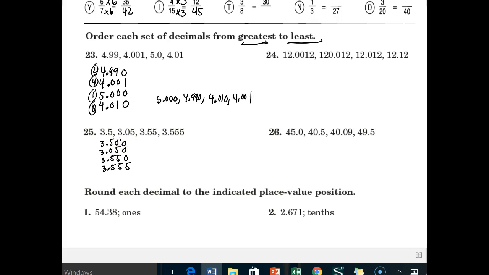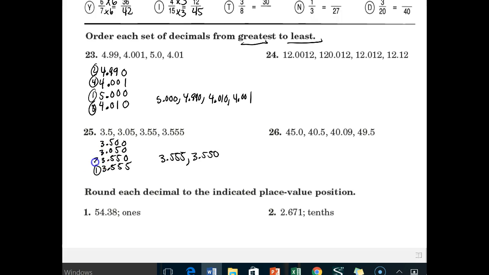So again, they want greatest to least, so they're all 3s, good. So then I look down here, nothing but 5s except that one, so that one's out, so ignore that one. Here we have 0s and 5s, so that one's out, so it's down to between these two, this one and this one, and this one is 0 versus a 5, so 3.55. The 5 in the thousands place pays off, so that's number 1. Coincidentally, that will be number 2,